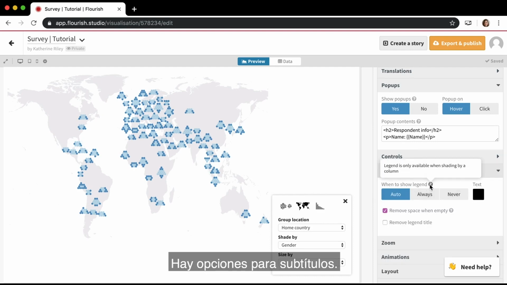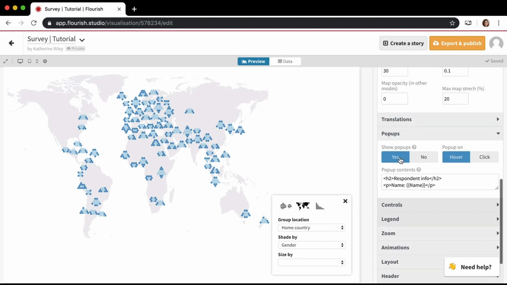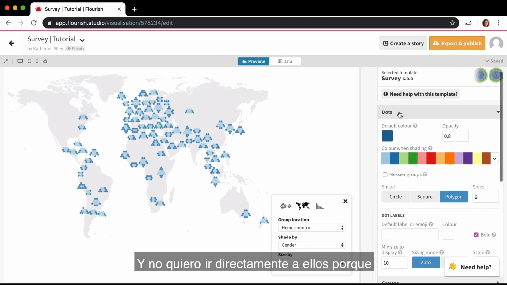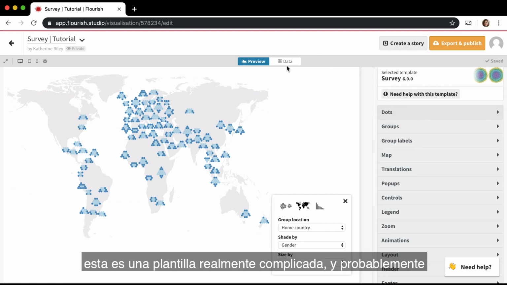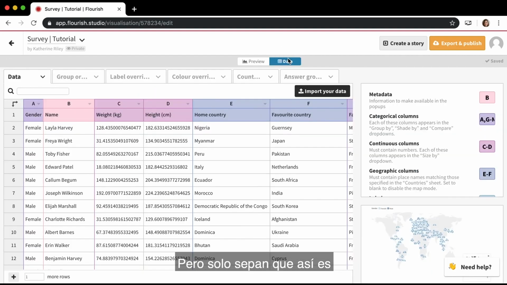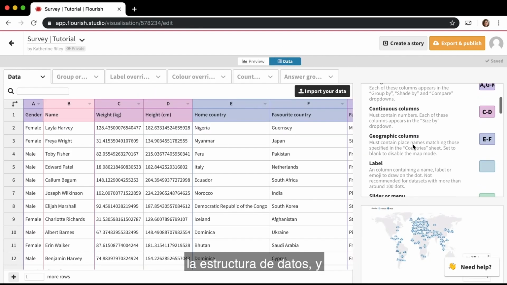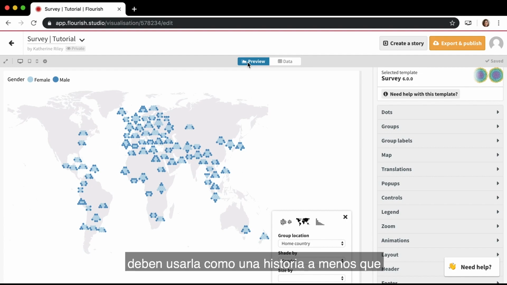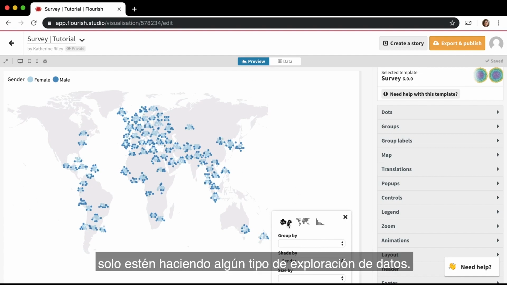There's options for the legend. There's lots of things you can do, and I don't want to go just straight into them because this is a really complicated template and I'm probably just going to end up confusing you. But just know that this is what the data structure is like, and if you really want to make the most of this template, you should be using it as a story,